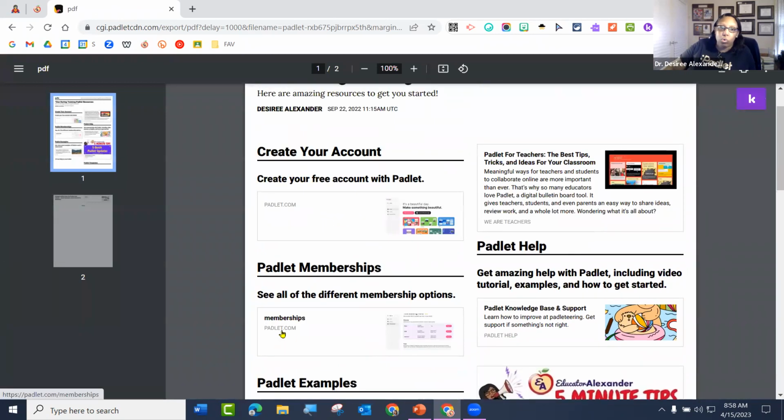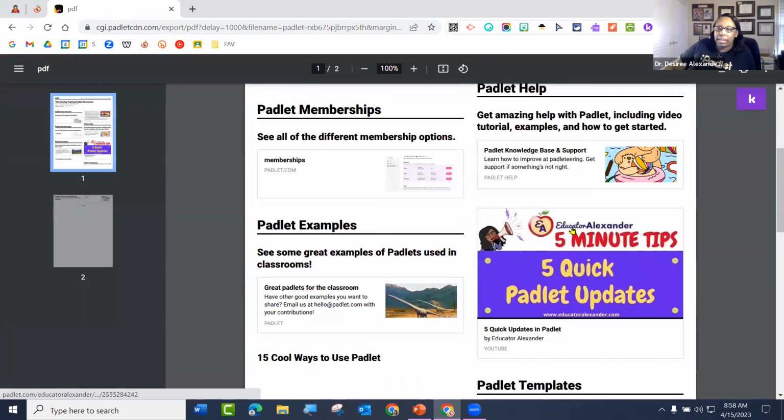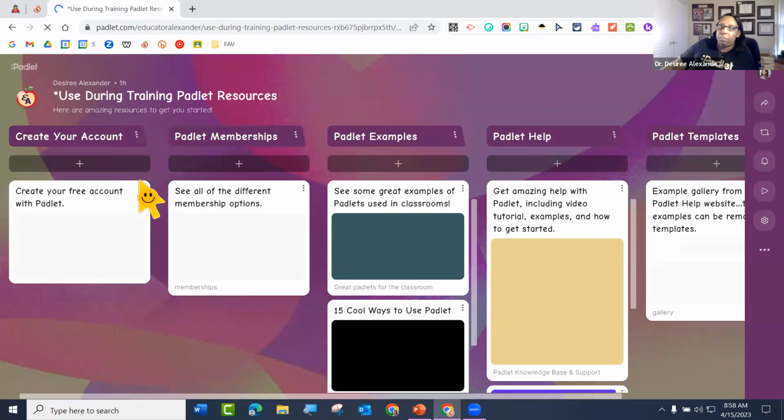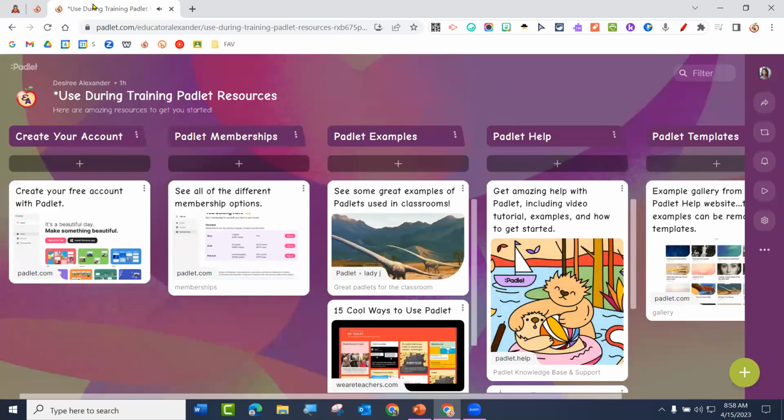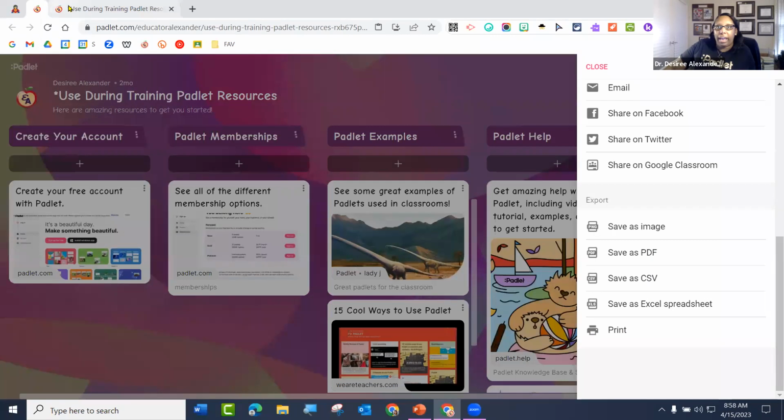I can see who posted. I can see what they posted. I can actually click on it and it brings me back to the internet, back to what was posted. So you can absolutely save this as different things. Questions? I hear voices. Questions?